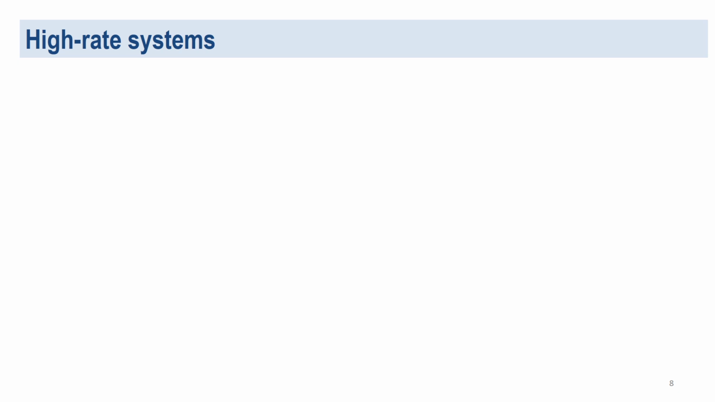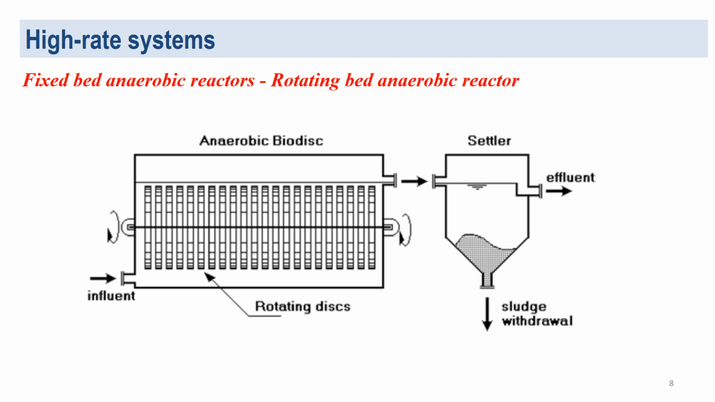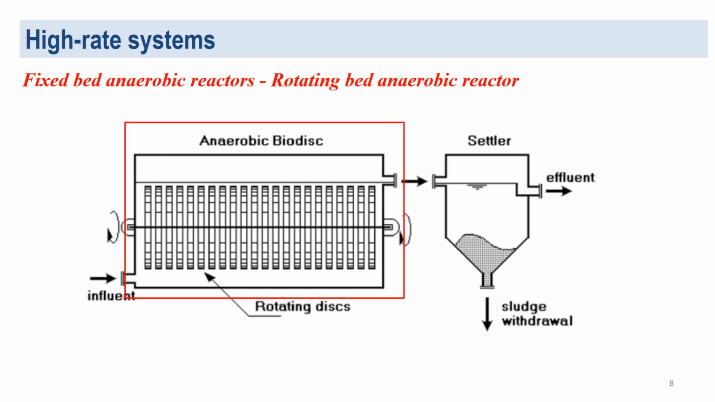Another fixed bed anaerobic reactor alternative is the rotating bed anaerobic reactor, which consists of a rotating filter bed made of materials like plastic, which provides a large surface area for anaerobic microorganisms to grow and degrade organic matter in the wastewater. The continuous rotation of the bed ensures that bacteria are constantly exposed to organic material, improving the efficiency